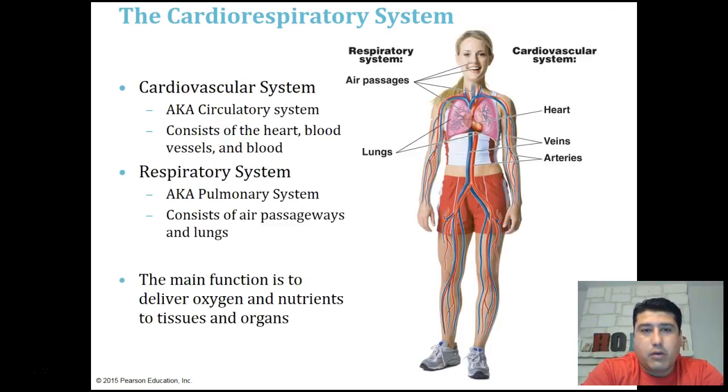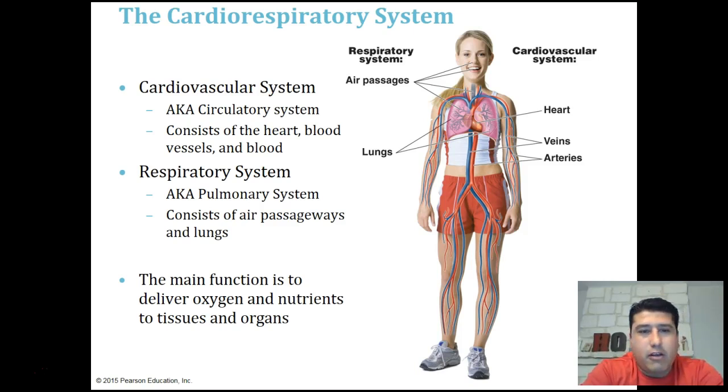In order to understand the cardiorespiratory system, I'm going to break it down into the 2 individual systems that make up the cardiorespiratory system, and that's the cardiovascular system and the respiratory system. Each of those systems are distinct. They serve distinct purposes. However, they're interrelated, so we often refer to them as a cardiorespiratory system. But the cardiorespiratory system is that interaction. The cardiovascular system is totally separate, and the respiratory system is totally separate. It's just that there's a unique interaction between those two that they kind of rely on each other.